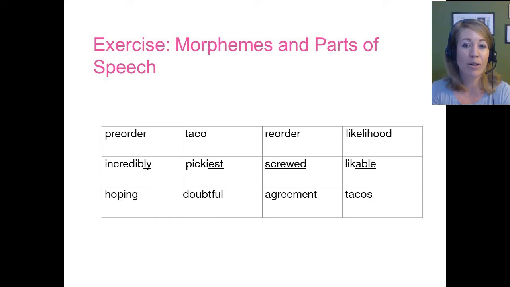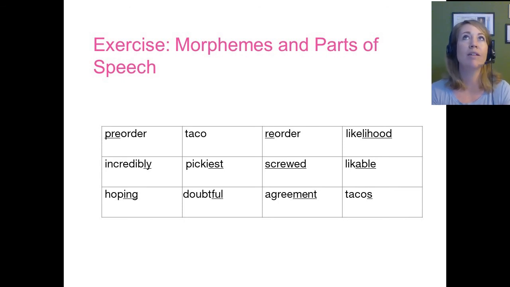So let's look at the word agreement again. Let's say I asked you the question, does adding the suffix ment to agree, creating the word agreement, change the part of speech? Well, in order for you to be able to answer that question, you need to do a couple things. First, I would look at that word and go, okay, well, what's my free morpheme and what are my bound morphemes? Okay, so in agreement, I know agree is the free morpheme. It can operate by itself. It's a freestanding word, and ment is a bound morpheme.